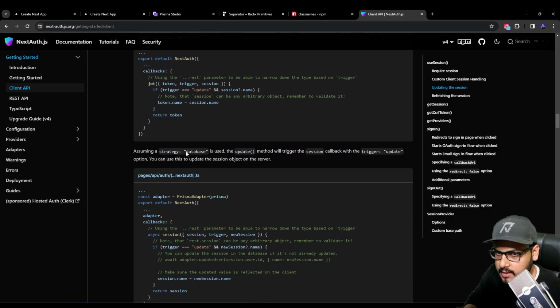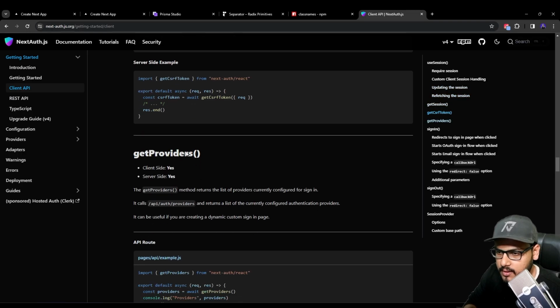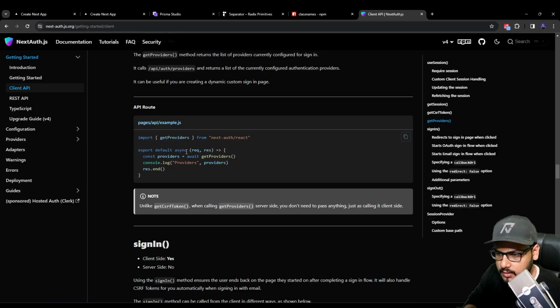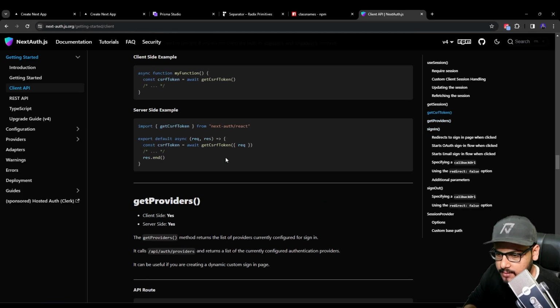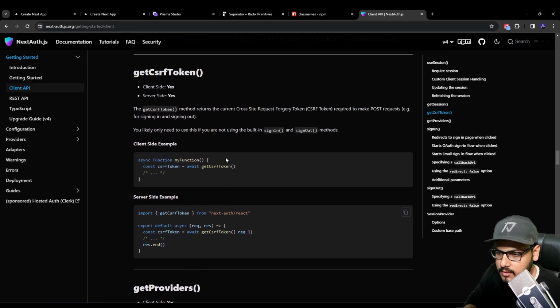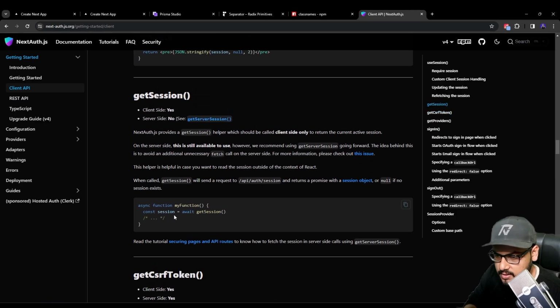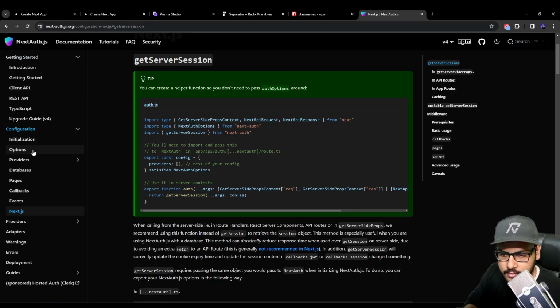Are we interested in the client API? Not really. Get providers, get CSRF token, get session. Get server session. So over here